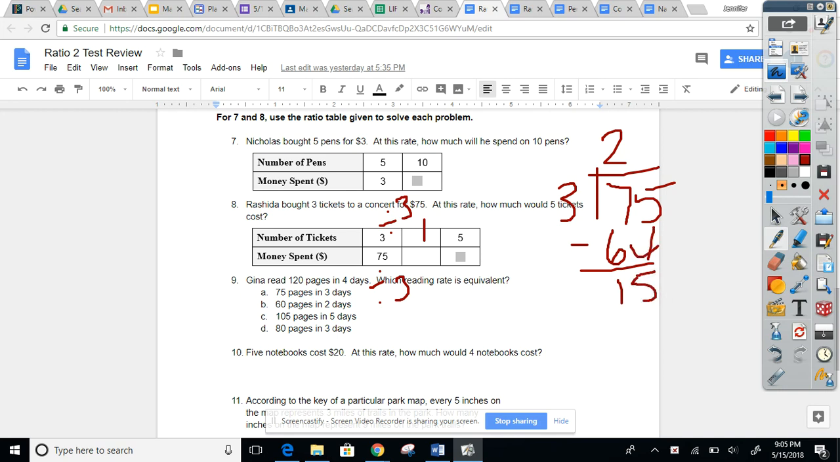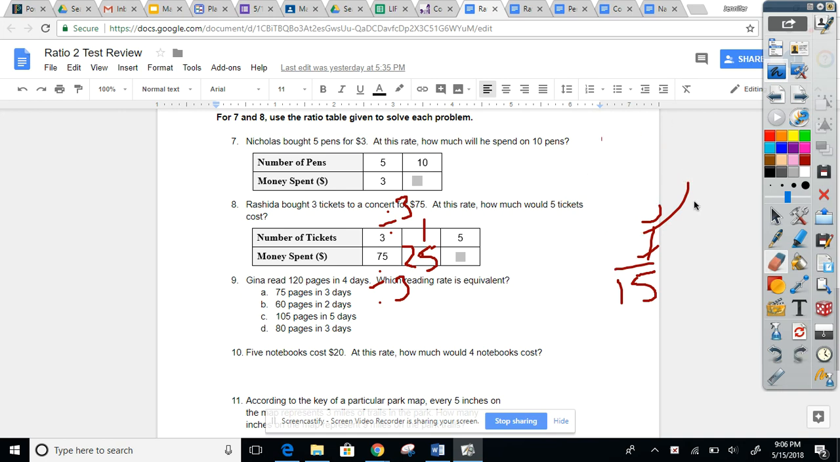3 goes into 15 5 times. This is basically saying 3 quarters make 75 cents. So if you didn't know that, just do the long way around of dividing like I showed you. Now,